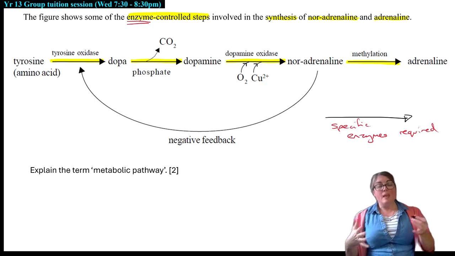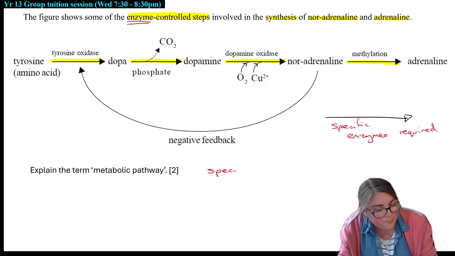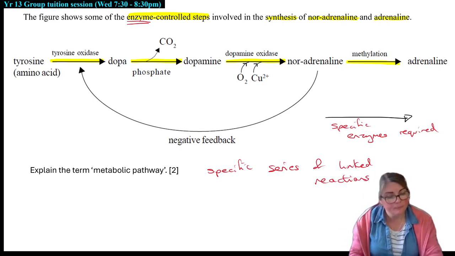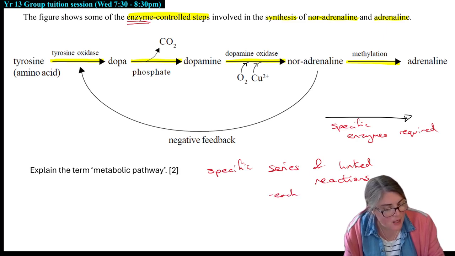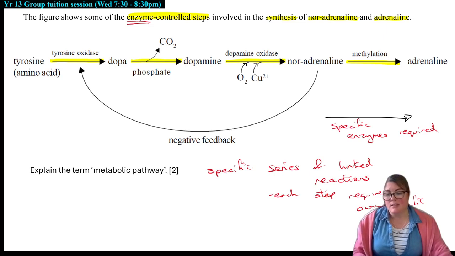So therefore, what is a metabolic pathway? It's a specific series of linked reactions. Each of them, each step requires its own specific enzyme. So whenever you look at a question like this and they're asking you to give information, it is important